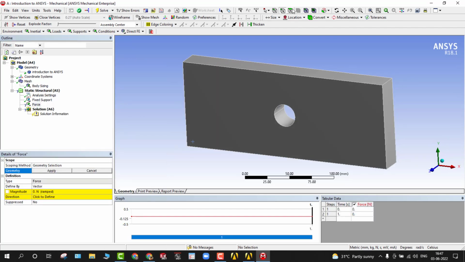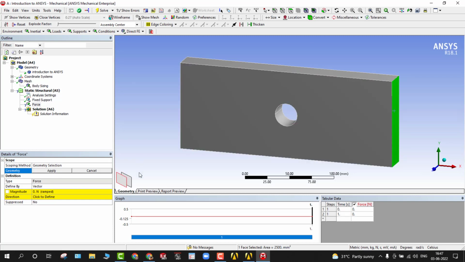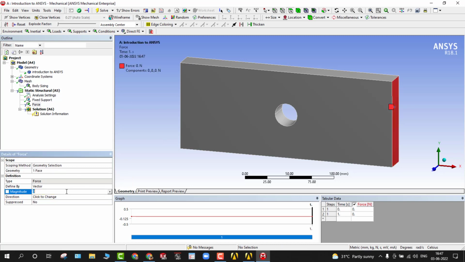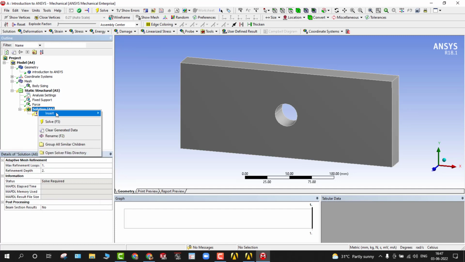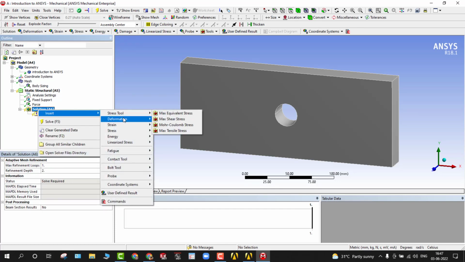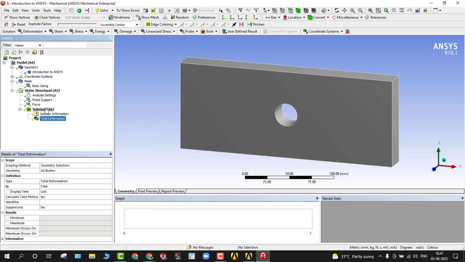Yeah, so same thing assigned here. The face I'll select. I'm gonna apply the force. The force values here you can define it on the face, and the magnitude, let's say 10,000 Newton. Okay, yeah. So the direction, you can change it by using the direction arrow marks. Well, so I'm done with the fixtures, and here I'll assign the solutions, what exactly I'm looking for, the total